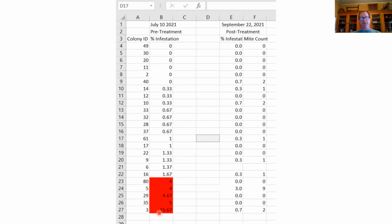So this was a little early. I did go ahead and treat colony number 3 as soon as I saw these numbers. The rest of the apiary, I was going to wait at least until early to mid-August. You'll see in the next slide that I have a lot more colonies